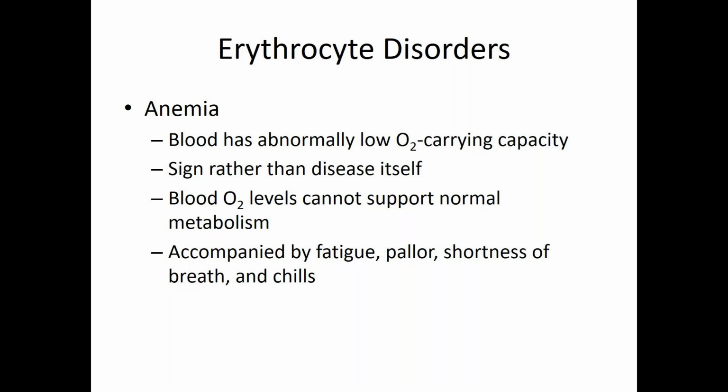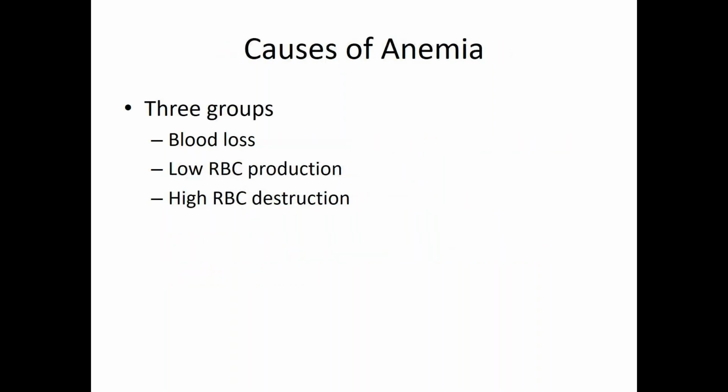And so these things alone, right, are not particularly diagnostic, right? 90% of the people that you will see in the office of the GP will have all four of those symptoms, right? Most of those people will not be anemic. So in order to diagnose an anemia, we have to go a little bit further with that. So when we think about what could cause an anemia, we have three basic ways of getting there, three routes to get to being anemic.